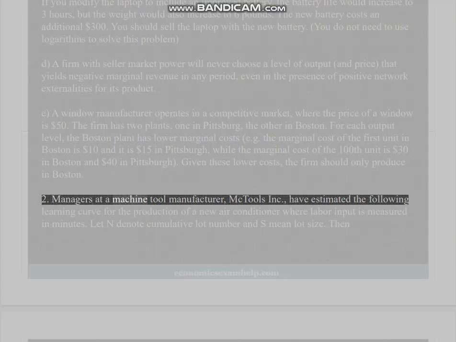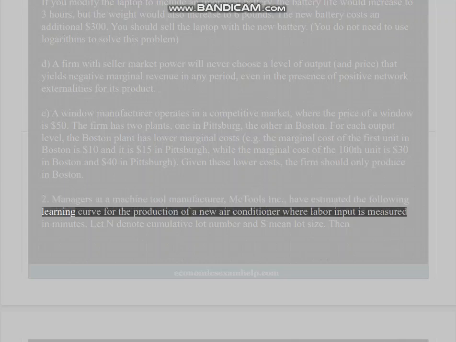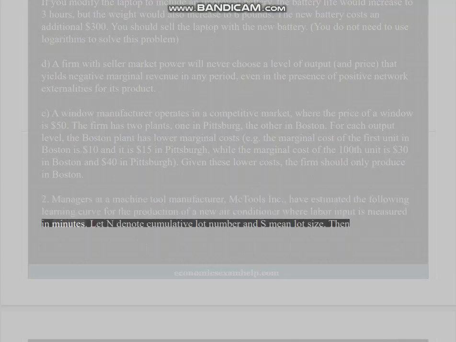2. Managers at a machine tool manufacturer, McTools Incorporated, have estimated the following learning curve for the production of a new air conditioner, where labor input is measured in minutes. Let N denote cumulative lot number and S mean lot size. Then,